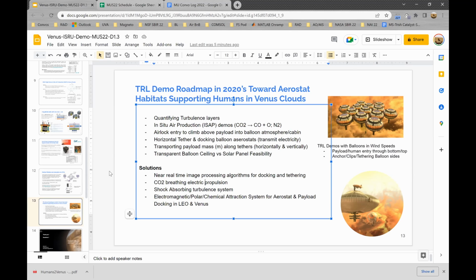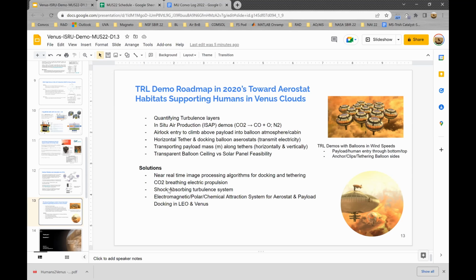And really curious too about the shock absorbing turbulence systems, and how that could help absorb some of the turbulence, and then the various electromagnetic, polar, chemical attractions and systems that could help dock vehicles together, both in LEO